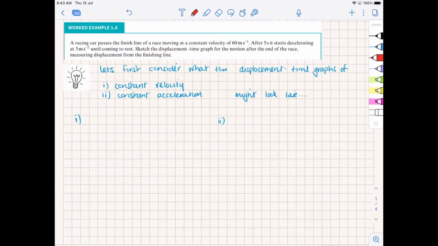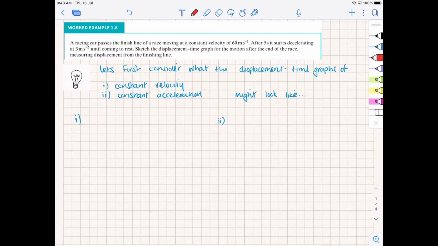They want us to sketch the displacement time graph for the motion after the end of the race. In other words, from the time the car moves past the finishing line to the time it stops. So this is going to be a piecemeal or a multi-stage function, right? And we're going to look at that in a second. So before we do that,